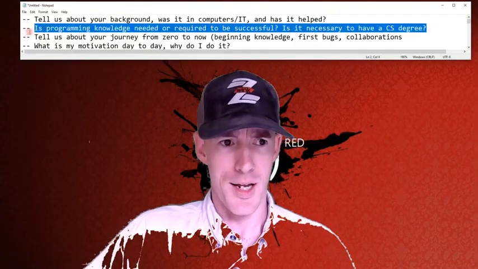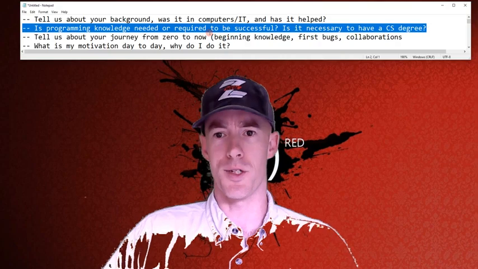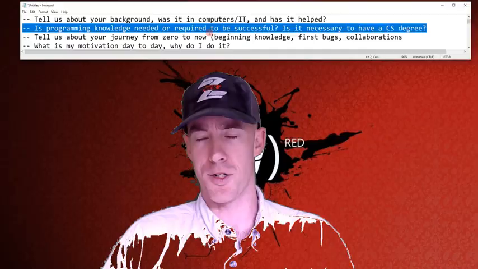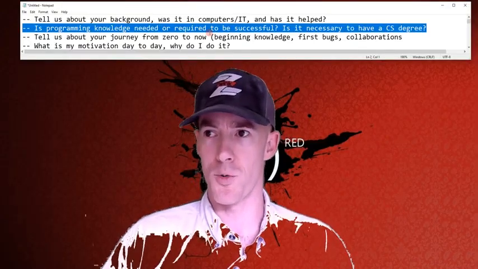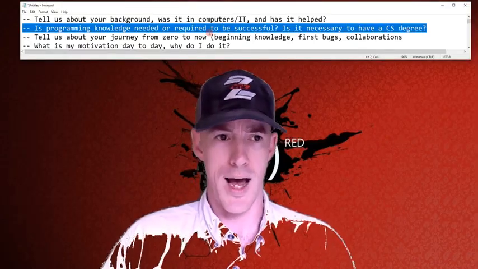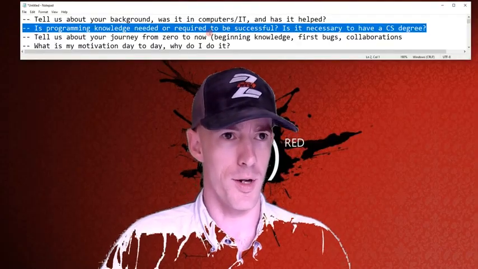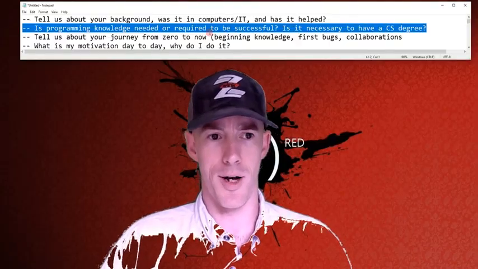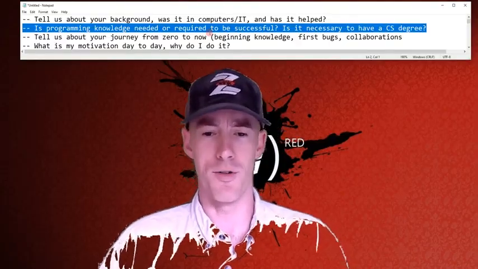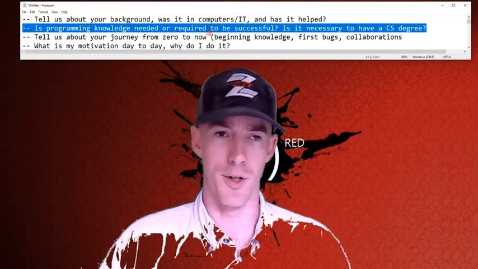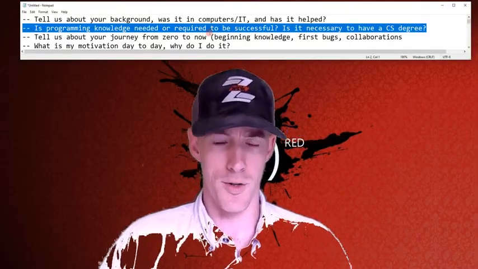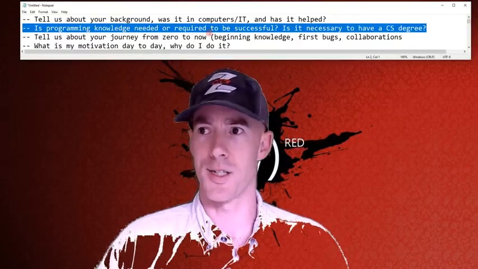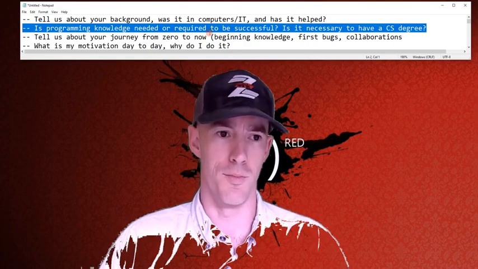Similarly, the question, is programming knowledge needed or required to be successful? Do you need to have a computer science degree? What I would say to that is, if your computer science degree is actually useful in that when you graduate, you know how to create applications and programs that can do stuff that you want to be able to do, I would say that it would give you a leg up. It's definitely not required. I mean, honestly, if somebody asked me, I would say you don't need to go to college for this field. You don't need to go to a university, because 90% of what you learn in universities are electives and histories and Englishes and raw mathematics and things like that that aren't directly applicable to bug bounty hunting.